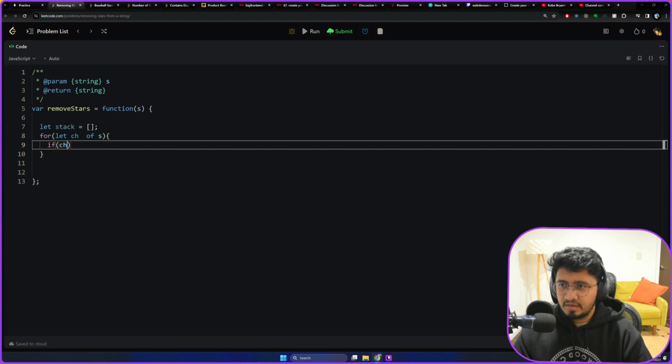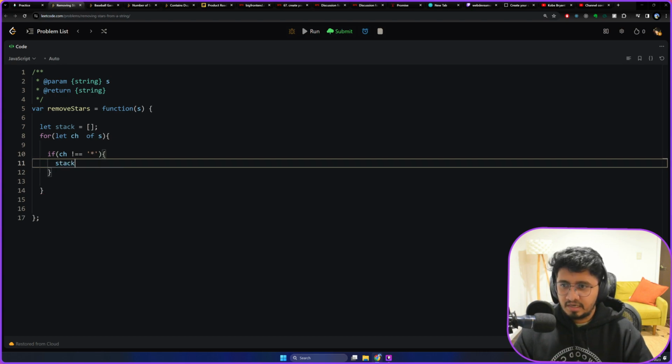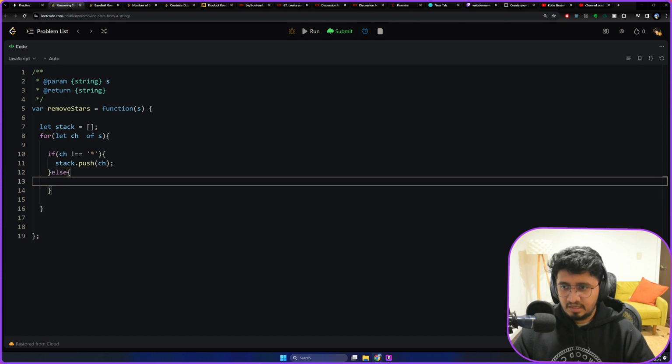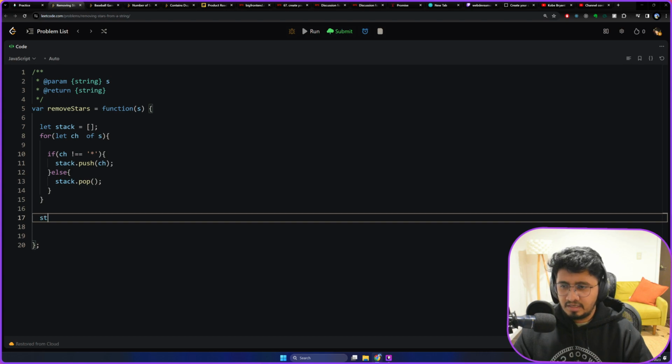If the character is not equal to star, what we'll do is stack dot push that character onto the stack. Else, if it is a star, then all we have to do is stack dot pop. Okay, so basically it's just that. And then lastly, there is a trick in JavaScript. You can simply do stack dot join